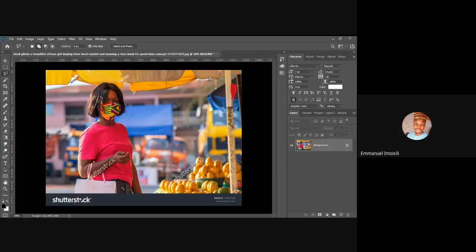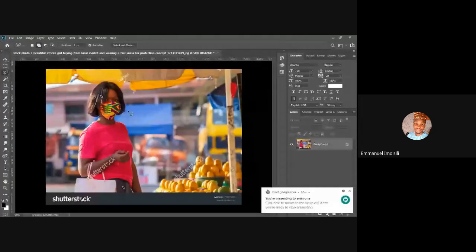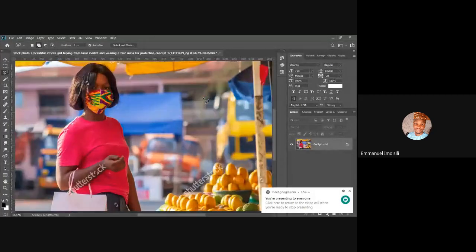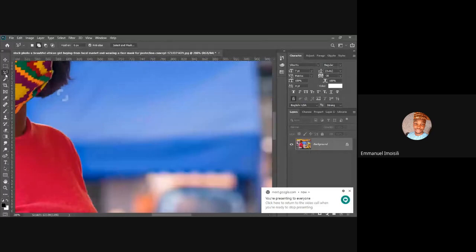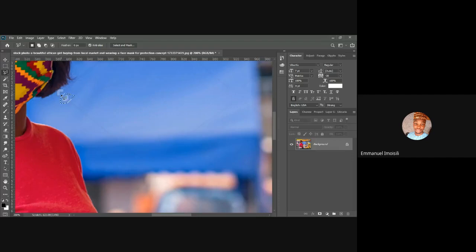Okay, the add selection. Let me do that again. Let's quickly select this. Now, when you have your selection tool, either your magic wand or this, which we have selected now, as I told you in the previous class, you have your new selection here, add to selection, subtract from selection and intersect. So let's say I have new selection. I select this here. Now I want to select this other one here. If I try to make a selection, you see the other one disappears